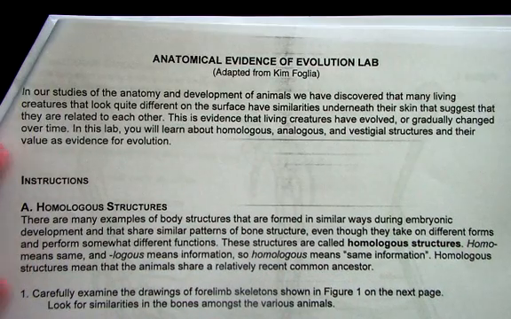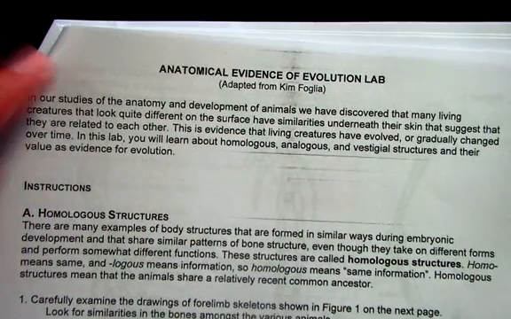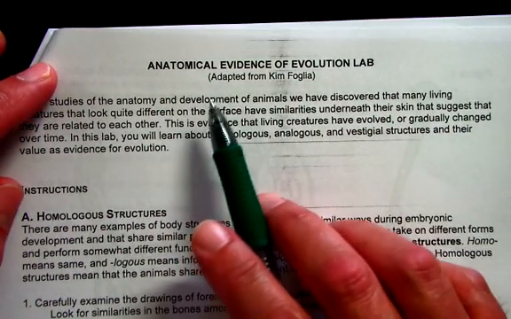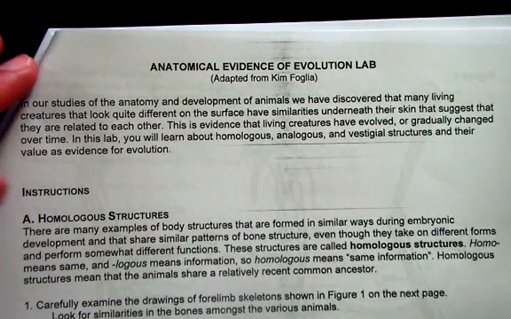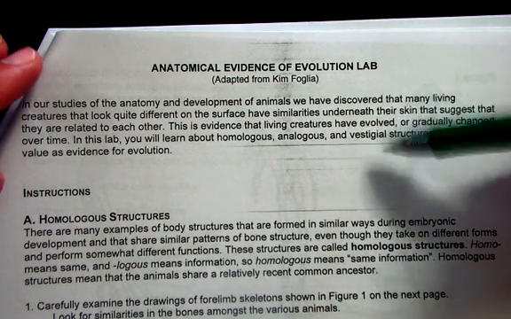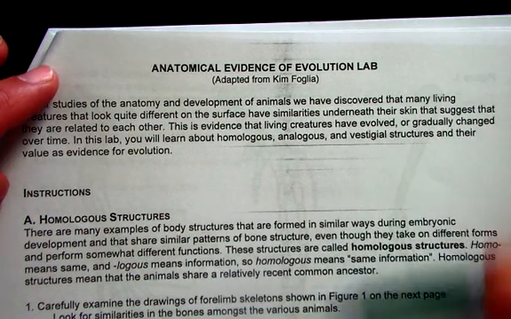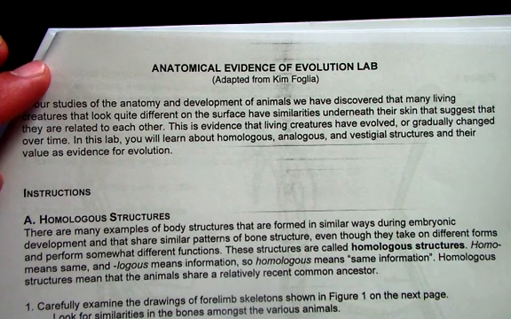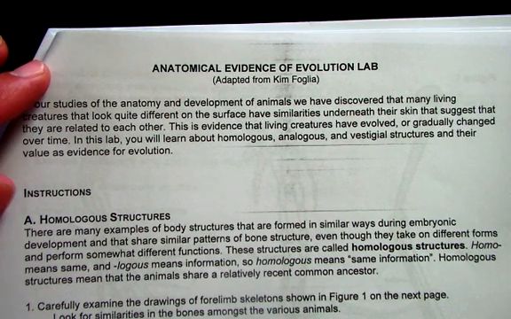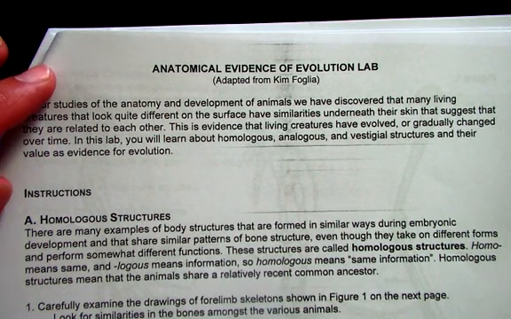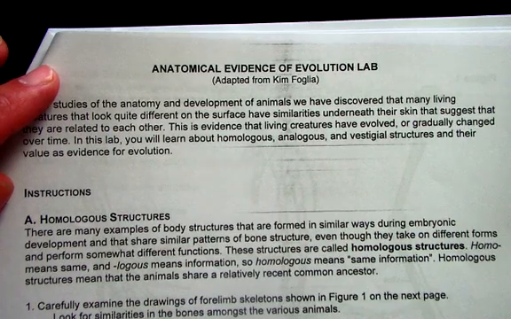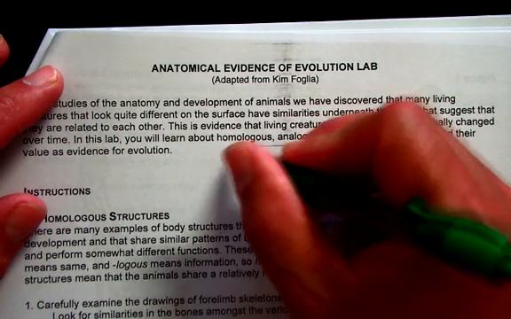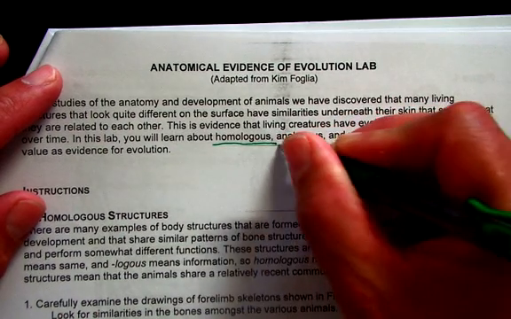All right, Kevin, so now we're on this page. It's called Anatomical Evidence of Evolution. You can read through this top part on your own and really read through all the information so you have a better understanding of it. But some of the key things that you need to learn from this activity are three words: homologous, analogous, and